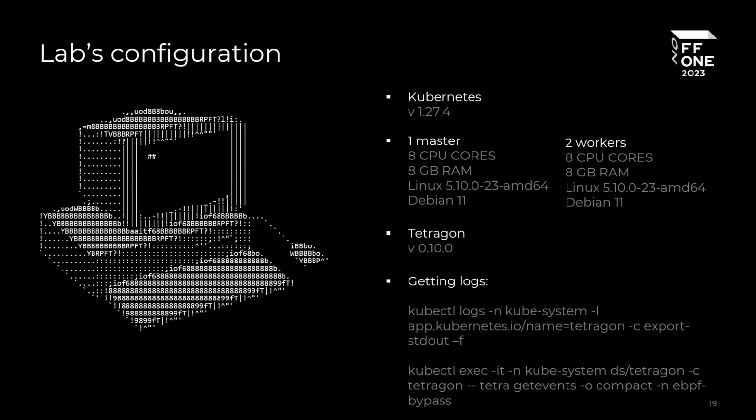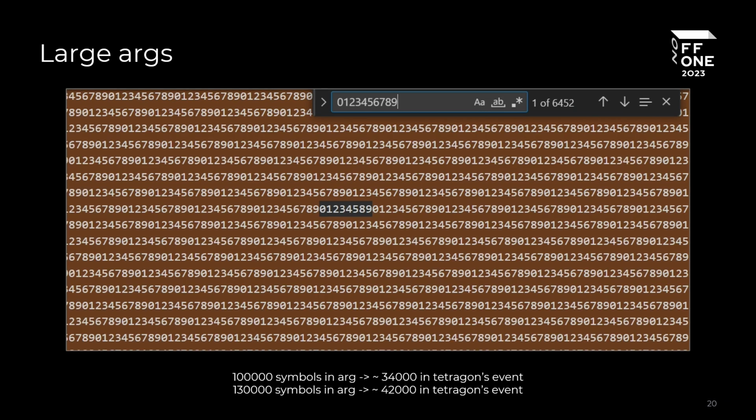Let's move on to bypassing this tool. This is the configuration that I used in my research. This is the Kubernetes with 3 nodes, the Tetragon itself, and some of the commands I used to get logs from Tetragon. Let's start with a simple thing. That's big data